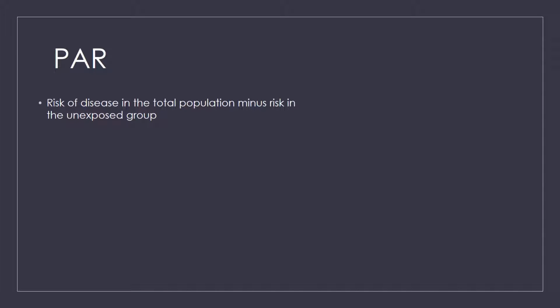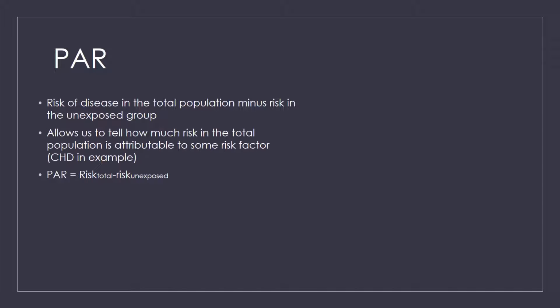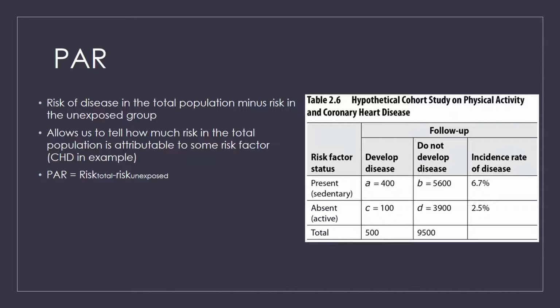Now let's talk about the population attributable risk. The word population is key here. This is the risk of the disease in the total population. So not just the exposed, but the whole population minus the risk in the unexposed group. Basically it allows us to tell how much risk in the whole population is coming from some risk factor. So it's simply the risk in the total population minus the risk in the unexposed. So if we use this same exact data that you've seen previously, same table,